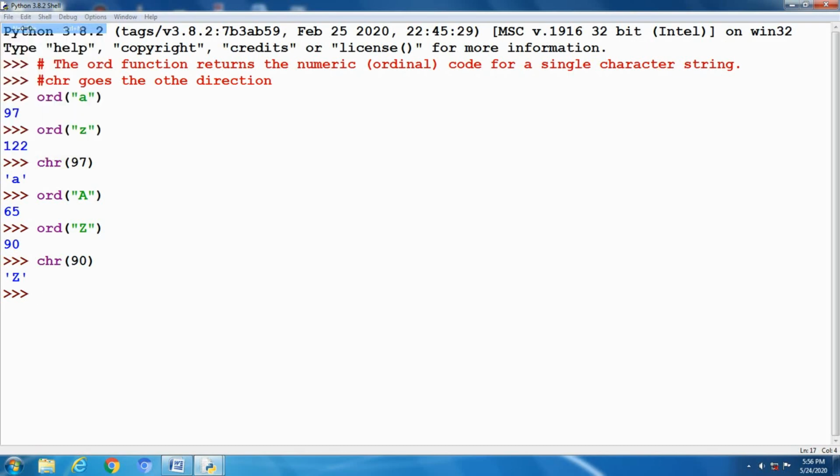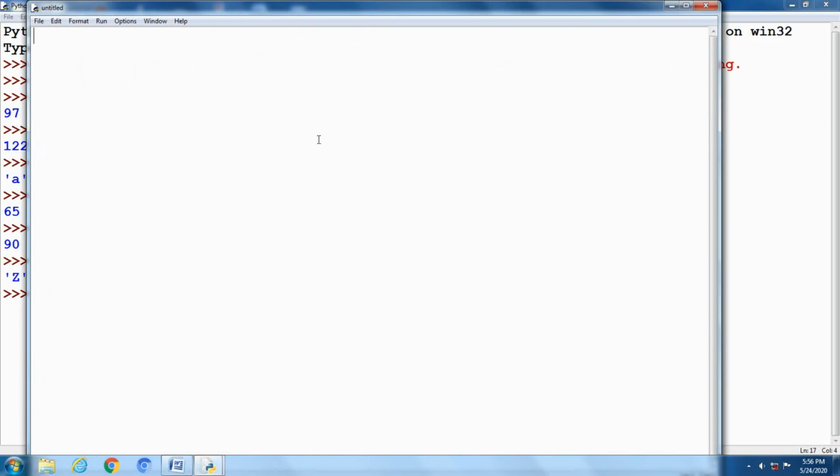Next, programming an encoder. So we have to open the file. Our program is a program to convert a textual message into a sequence of numbers using ASCII encoding.